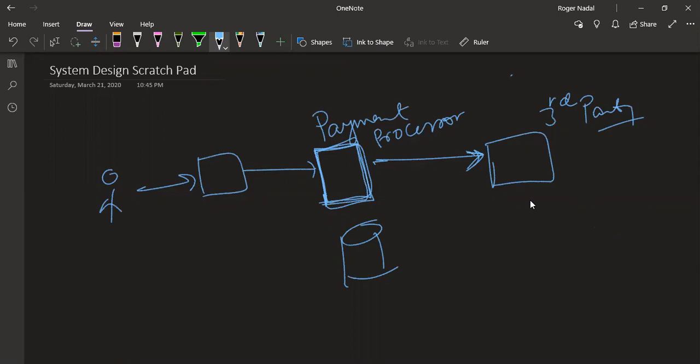Anybody, any idea? Unique ID or something, give it as a response so that you can use it in the further requests. So the payment processor will return the client a response... I'm not clear, can you elaborate? I'm not sure, I was just guessing. So the payment processor can give some unique ID for this, that they can use for the rest of the service rather than calling it again and again.